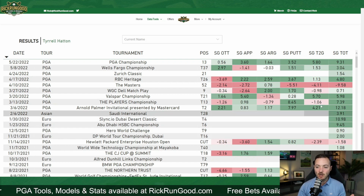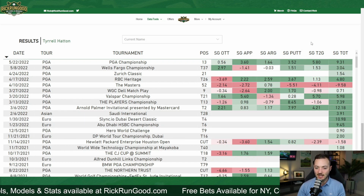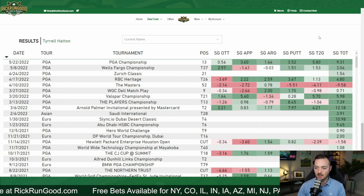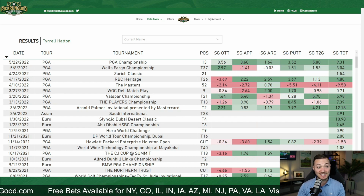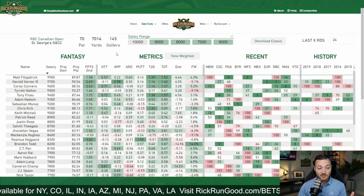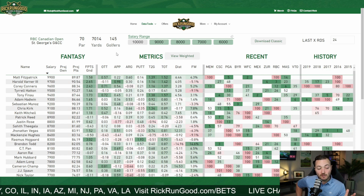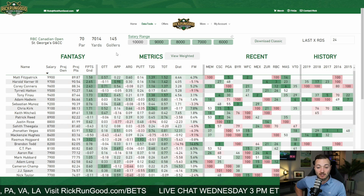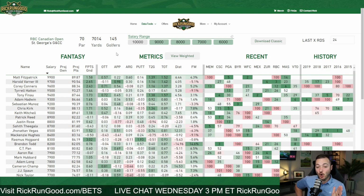If we get the one that drives it well, I think we get a guy who probably finishes inside the top 15, which is kind of what he's been up to fairly often this year. So I'm quite optimistic, and I don't think anybody's rushing to fire Tyrrell Hatton into their lineups, especially if Corey Connors is the most popular guy here in the $9,000 range. I think Hatton ends up being a pretty fair pivot, and you're just hoping that he finds a week where